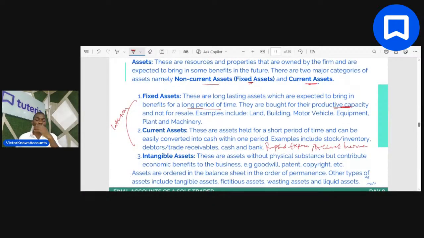So intangible assets also. These are assets without physical substance. Now, if we have intangible assets, it basically means that we also have something called tangible assets. Tangible assets are assets with physical substance. What does that mean? It means that you can see them, you can touch them. For example, your land, your building, your motor vehicle. Those are tangible assets. But your intangible assets are